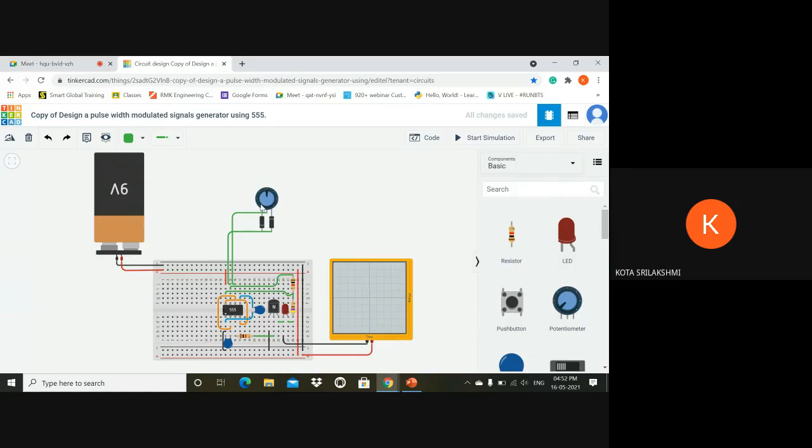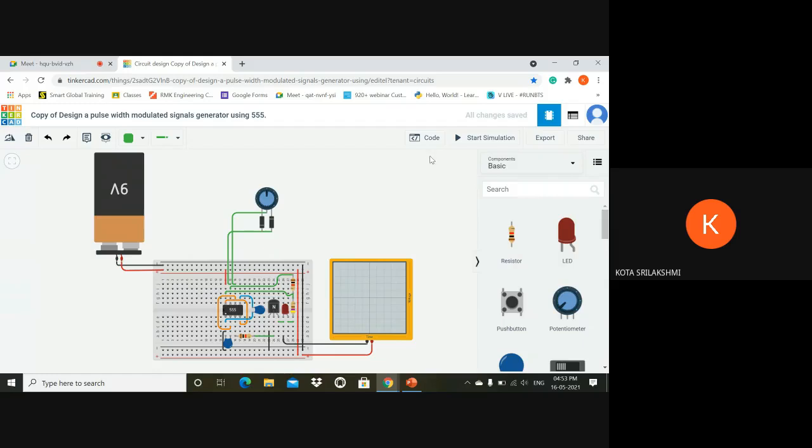And it is known as a potentiometer. It is a three-terminal variable resistor in which resistance is manually varied to control the flow of electric current. It is a 555 IC timer, and these are the capacitors of 10 nanofarad, and it is a red LED, and these are the resistors.